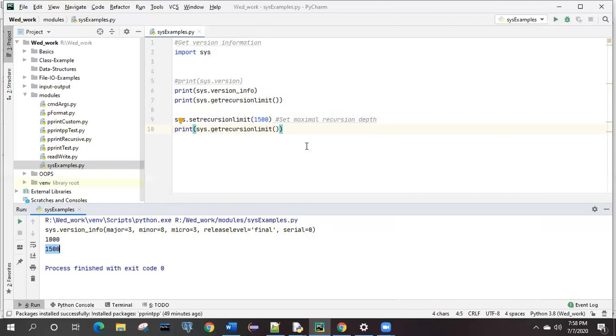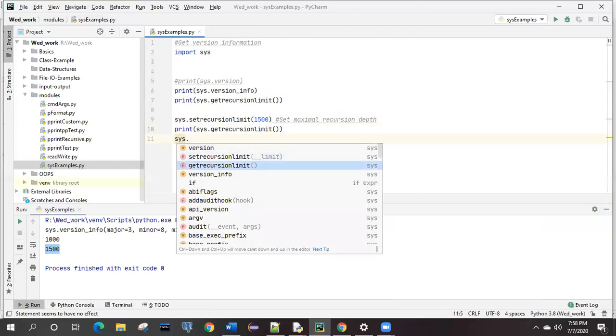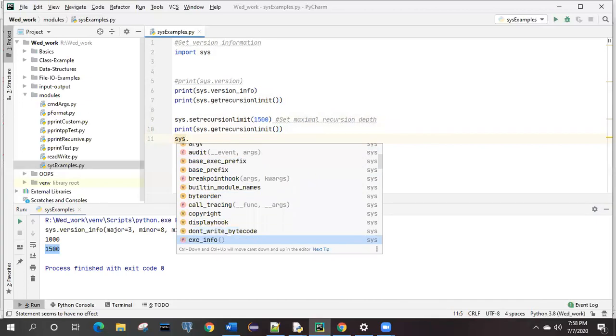Yeah. So this is not something required everywhere, every time you are working as a Python developer, but it is one of the modules present in Python. So we have explored a little bit on that part. It doesn't mean that this is the only information it has. You can see we have a lot of others, but we are not making use of most of the methods. If it is required, you can simply make use of this module.